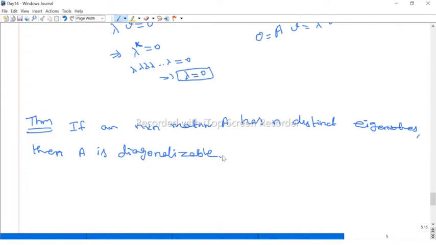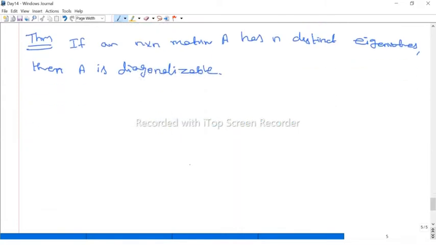Now, this concept is very useful to find the powers of a matrix. Suppose they give some matrix A and ask what is A power 100, A power 50, and so on. Maybe we'll discuss one problem. So how to find the powers of a matrix? Finding A square, A cube are all easy, we can easily multiply A and A. Suppose they ask for the highest powers, maybe A power 50, A power 100, A power 200. Now, how do we find such a matrix? That is very useful here.